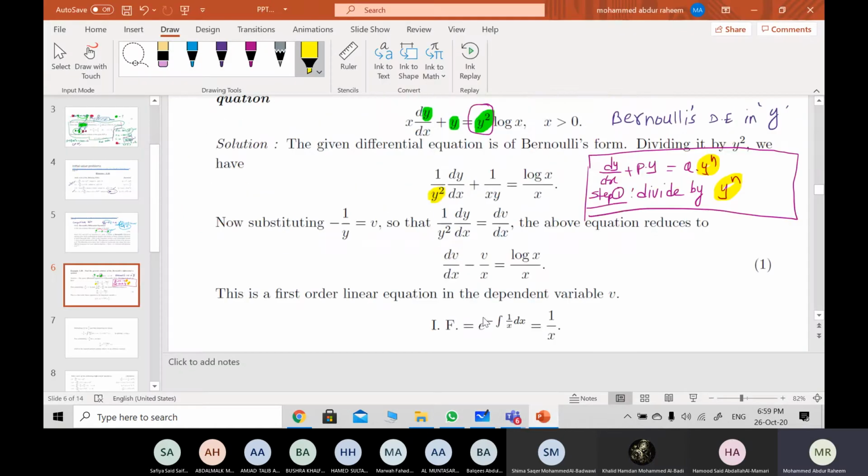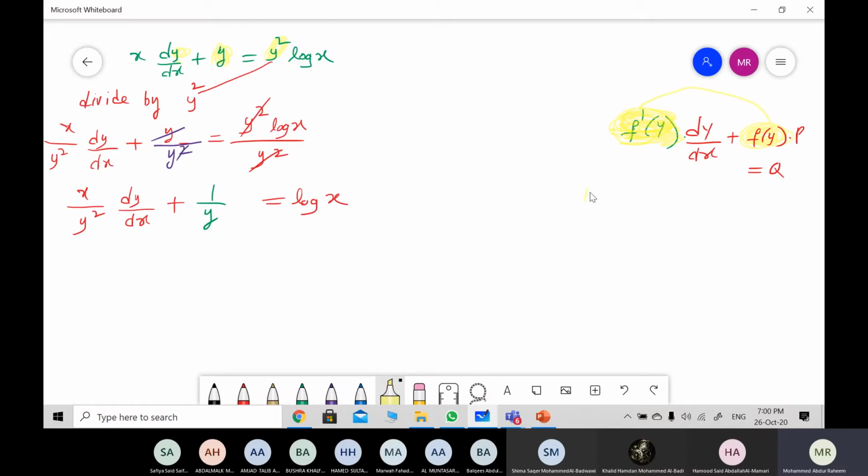We go to the PPT now, you see. Here 1 over y square. So we need to write like this. The next step will be step 2. What was step 1, please? Divide by y square, y power n. n may be anything. Step 2,